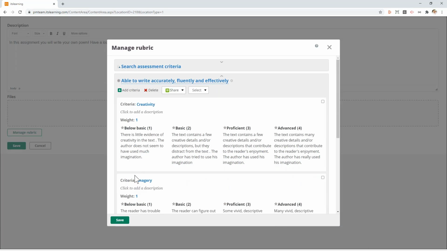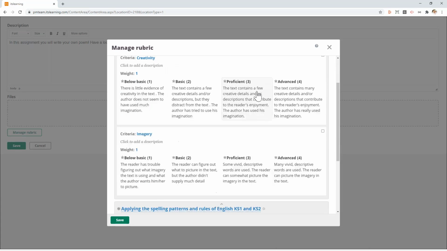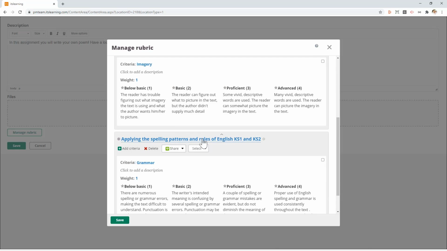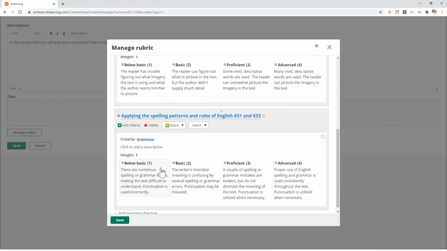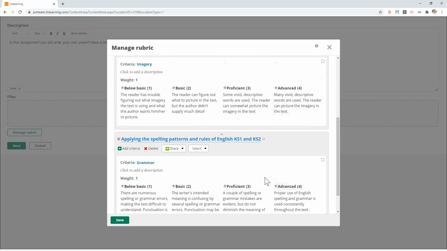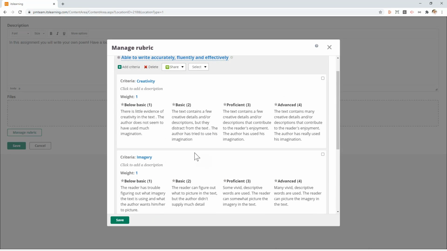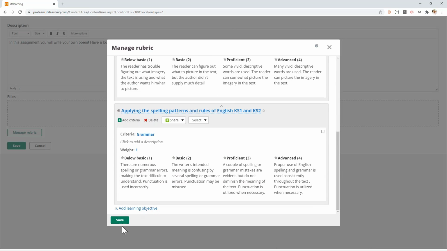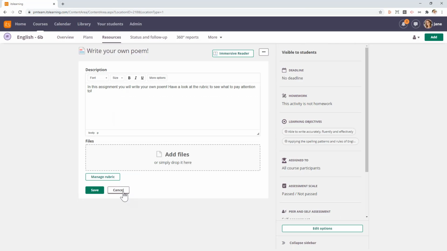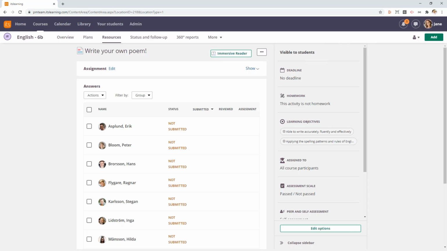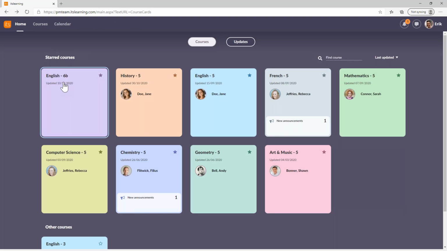Because I've added 2 learning objectives to this assignment. The one I've shown you before about being able to write accurately, fluently, and effectively. But I've also connected the one about applying spelling patterns and rules, explicitly for the US or the UK. So I have a grammar criteria here with also a couple of descriptors. So the rubric for this assignment is created based on the 2 learning objectives that have been added to this assignment. Now I'll log in as a student and show you how a student can